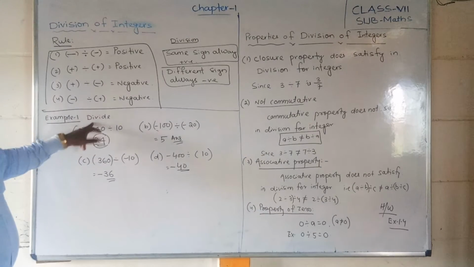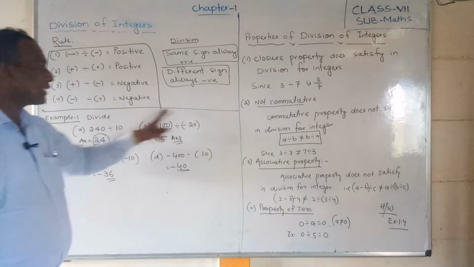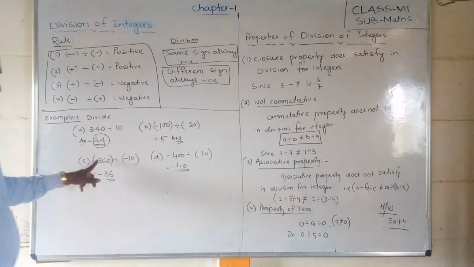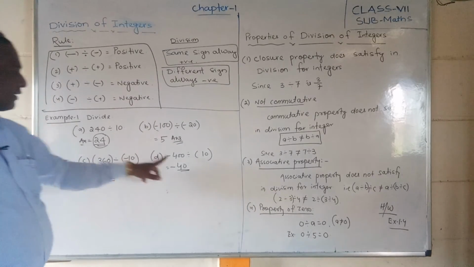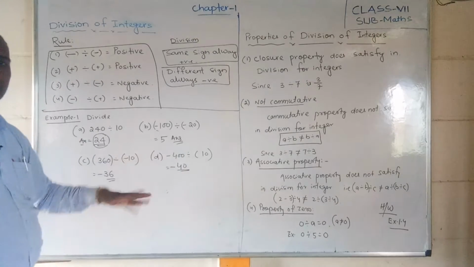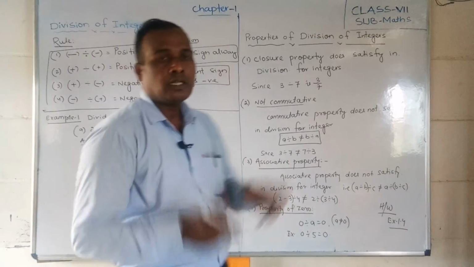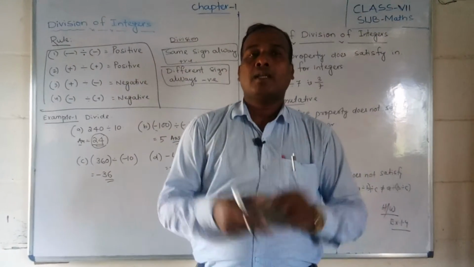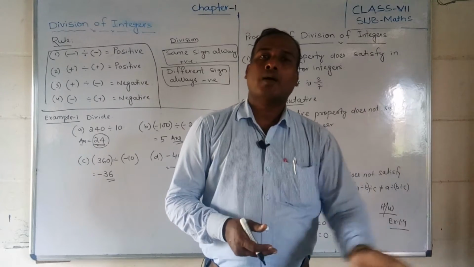I have given this: positive positive, so the answer is positive; here negative negative, the answer is positive; here positive and negative, the answer is negative; and negative positive, so the answer is negative. So what did you understand? When the same sign you are dividing, at that time the answer will come what,